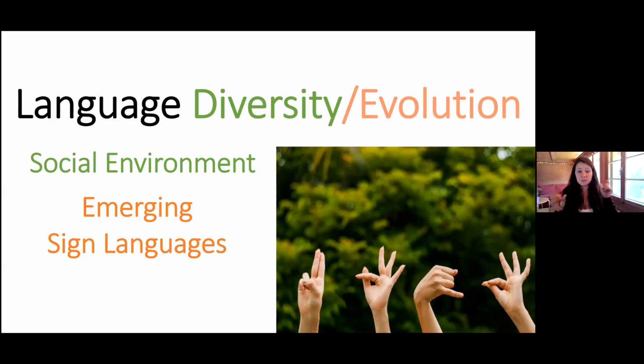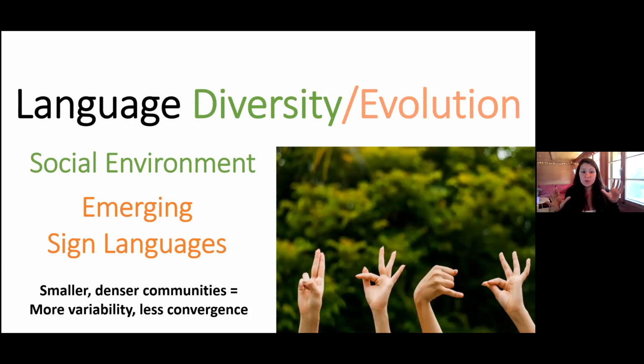But based on a comparison between a village sign language called the Al-Sayyid Bedouin Sign Language and the Israeli Sign Language, which is a deaf community, it seems that languages that emerge in these small, dense populations show more variability across speakers, and they're less conventionalized. So there are many different signs for saying the same thing, while in contrast, these large communities are more uniform and also more systematic. And this is despite the fact that both languages are of the same age. They evolved around the same time and also in the same country.